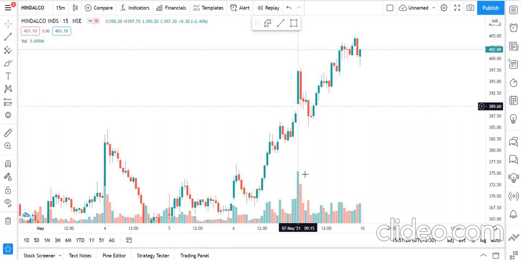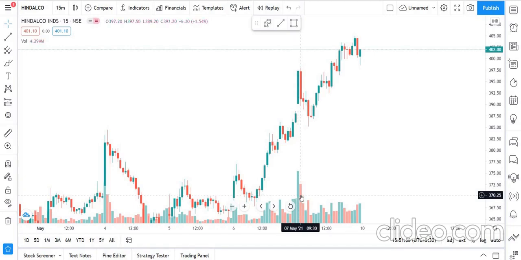And you can also see the volume bar downside. Look at this particular volume bar and compare it with the others. It is the longest volume bar, which means the volume was more, which means the volatility was more, and the liquidity was more in the market. So this is a time where volatility is very high, and beginners who have just entered the market, who are learning, who have spent only 6, 7, 8 months in the market, should completely avoid this particular time.